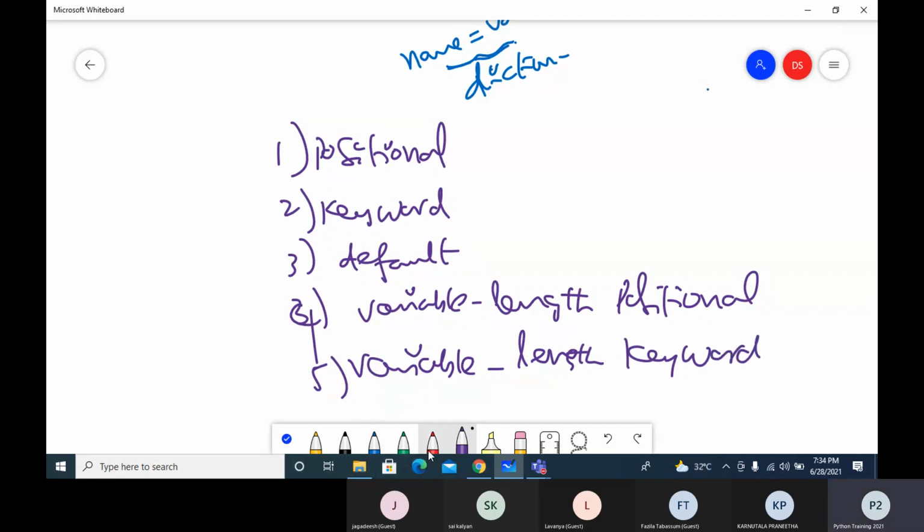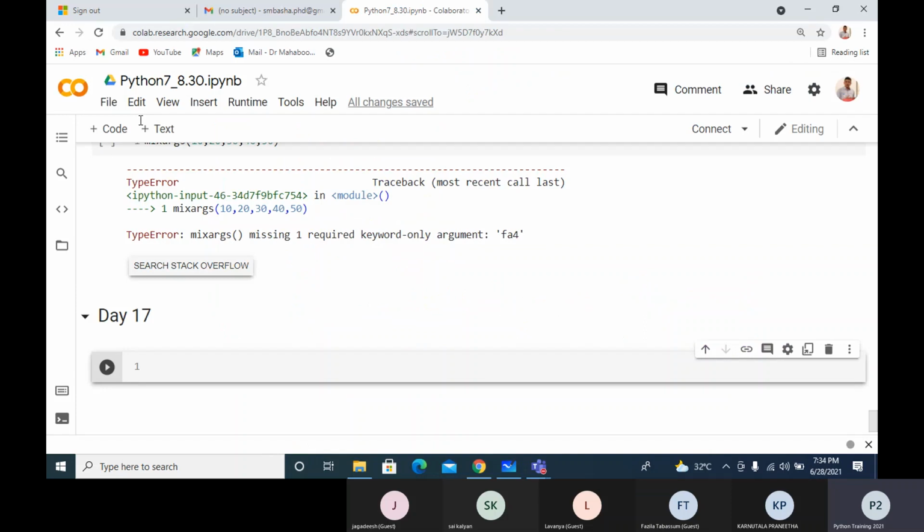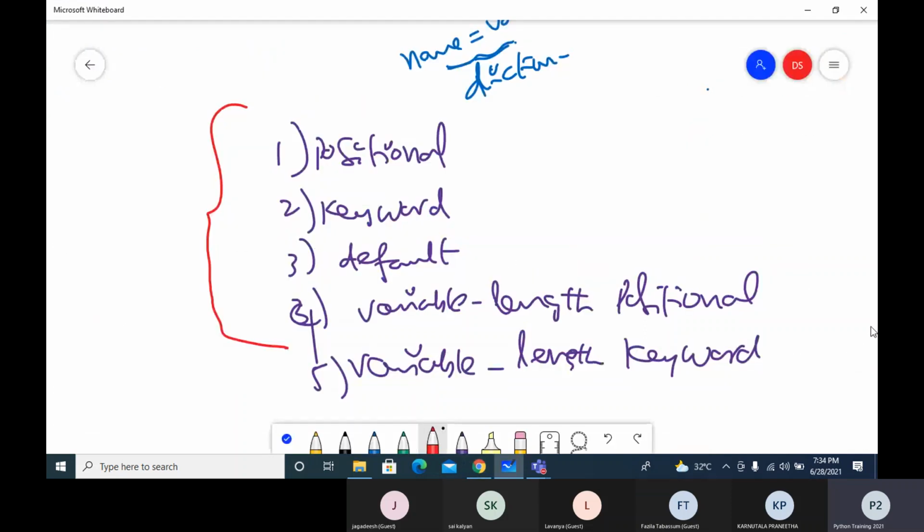So these are the different ways of passing arguments, and these four we have already seen. Fifth one is variable length of keyword arguments. In this case, like variable number of positional arguments, the formal parameter is an asterisk followed by some name, which generally we give args. And for variable length keyword arguments, it is double asterisk kwargs. This is the conventional name we give, and it is represented with double asterisks, and